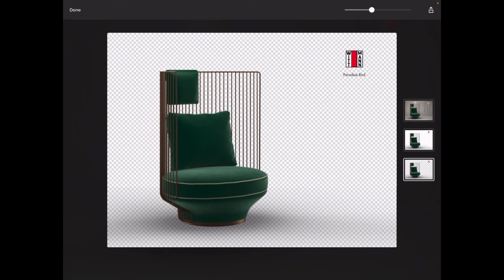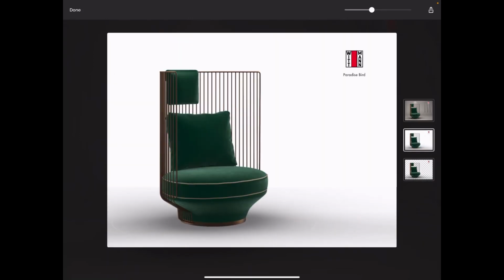Where would you use this? If you would like to integrate this piece of furniture, for example, into a mood board, then you would select the third version. And if it is a standalone display, then you would select the first or the second version. An additional feature in the second and third versions is to use the slider on top to change the intensity of the shadow below, depending on which environment you plan to put the picture in.